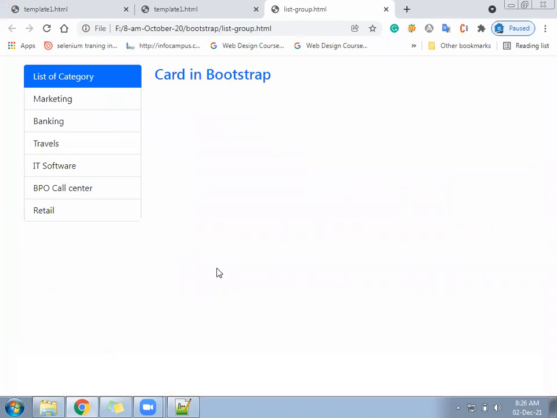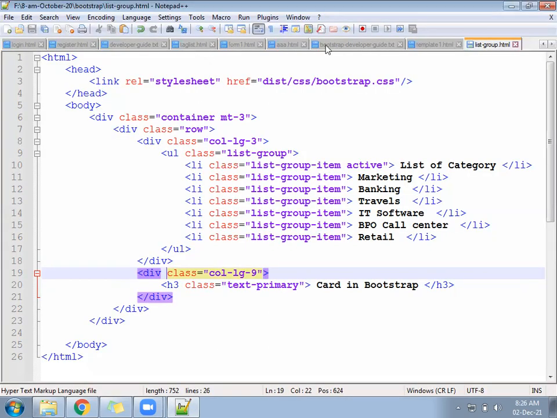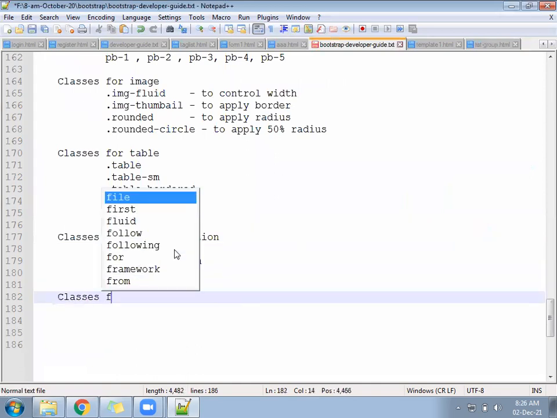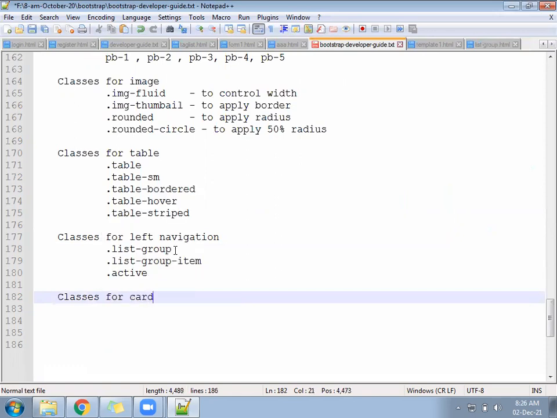Okay, next we'll make a note for what are the classes of card we have in developer guide. Classes for card.